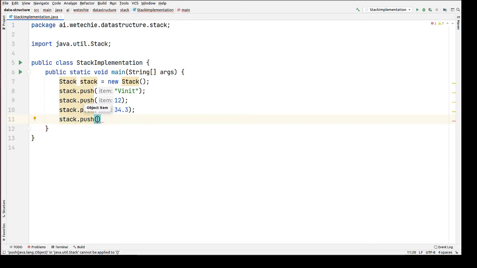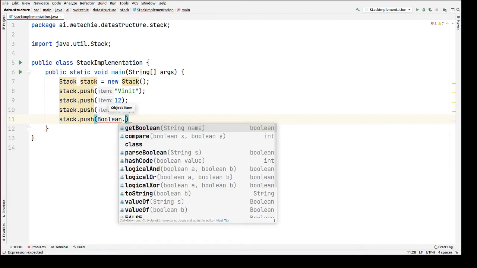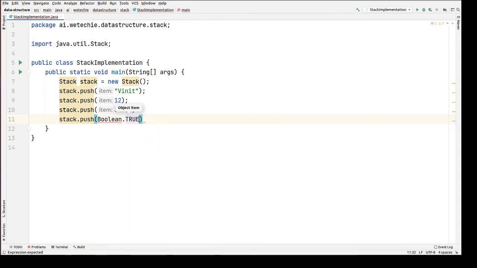So boolean is Boolean.true, right? So it is allowing you to add any value.